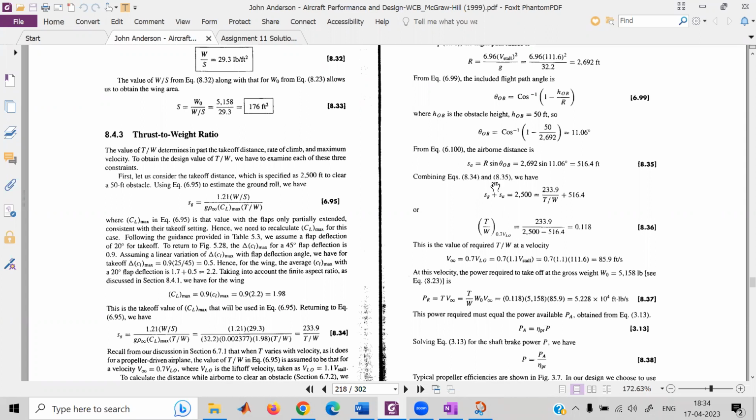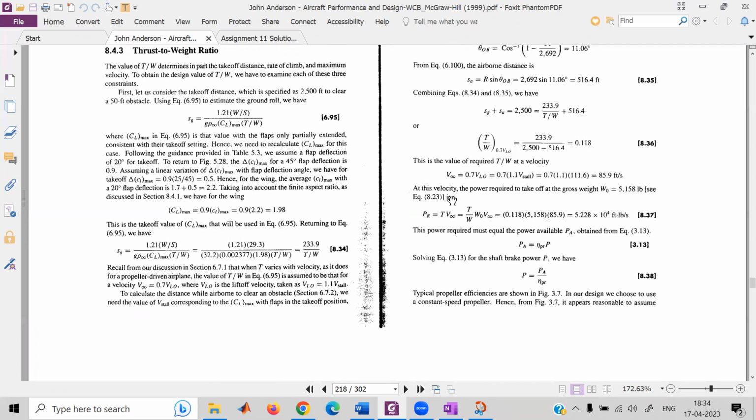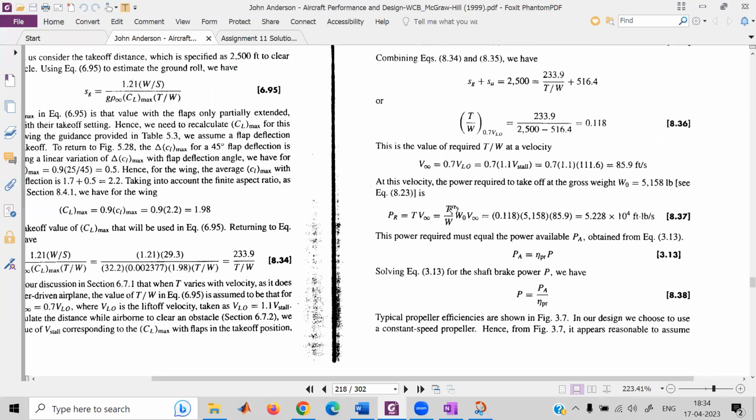All right. So we had computed everything until here. So far we know the thrust to weight ratio, that is computed from takeoff distance, this T over W. We know W naught, or the takeoff weight of the aircraft, and because we have computed takeoff distance, we know at what speed we want to fly, right? So it gives us the required power, and this required power,